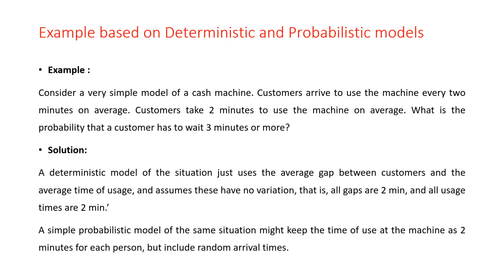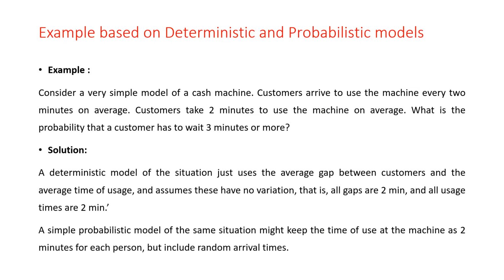So in the deterministic model, there is never any waiting time. The first customer completes 2 minutes, then after completion for customer 1, customer 2 gets 2 minutes. So in this deterministic model, there is no waiting time. The distribution of waiting times is that all the waiting times are 0 minutes.